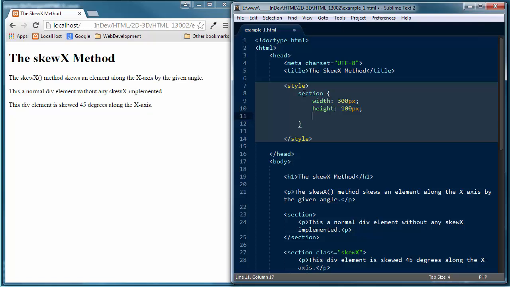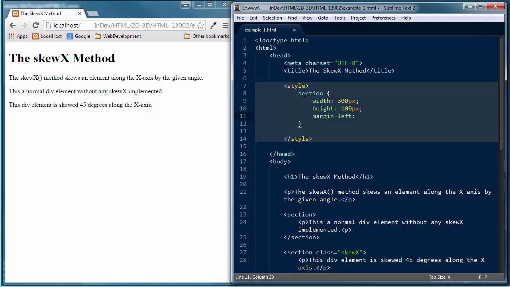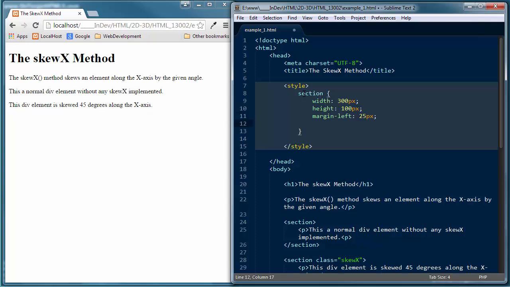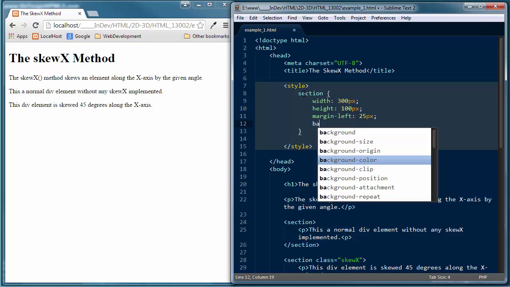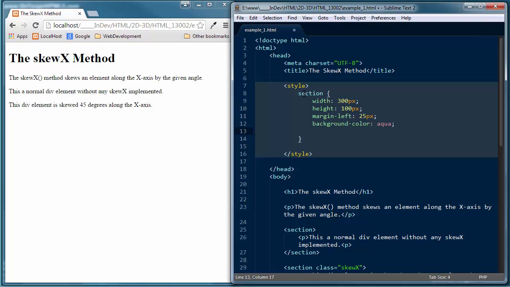Let's give them a margin left. And the reason I'm putting a margin left here is because of the skew. I don't want it to go off our browser, the viewable area. So I'm just going to give it a 25 pixel margin left. That's going to keep everything in our viewport so that we can see it. I'm going to give it a background color of aqua. And I'm going to put a border on it. Let's go ahead and add a border, 1 pixel,